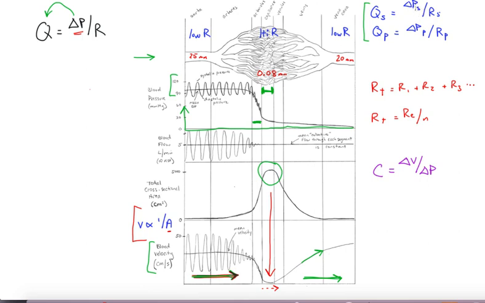But if we were to calculate a mean for either circuit, it's about 10 times higher pressure driving systemic blood than pulmonary blood. Well, the ratio has to be the same, right? If our cardiac output's 5 liters per minute, systemic versus pulmonary, and our systemic pressure is 10 times that of the pulmonary circuit, guess what? Our resistance has to be